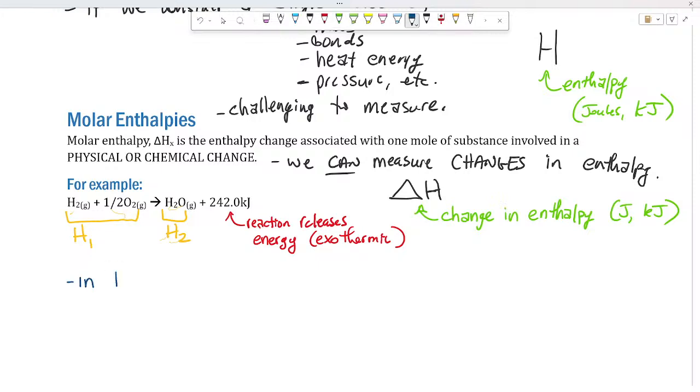In the above reaction, the total energy, the total internal energy,